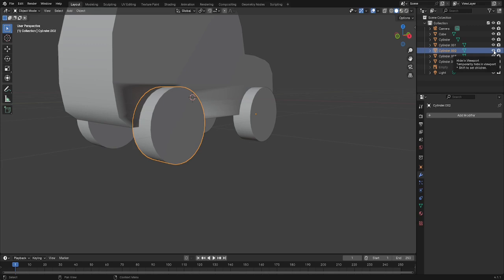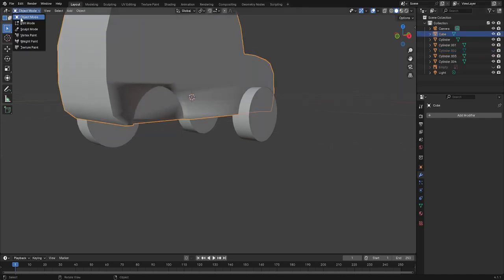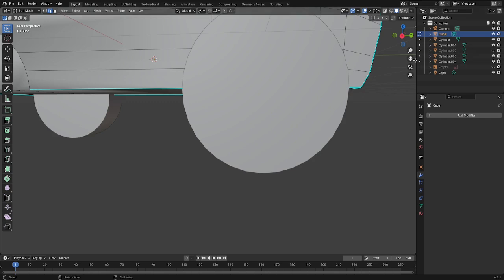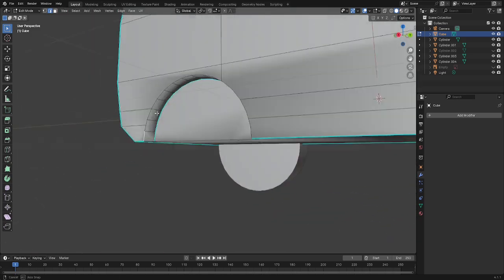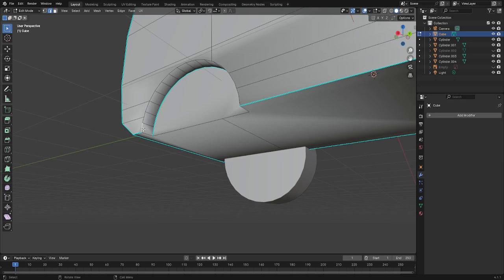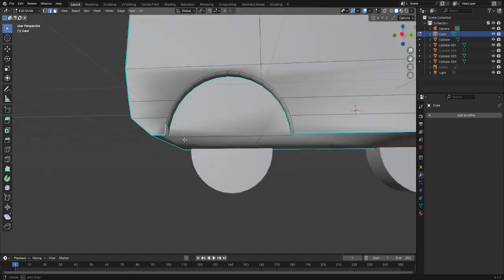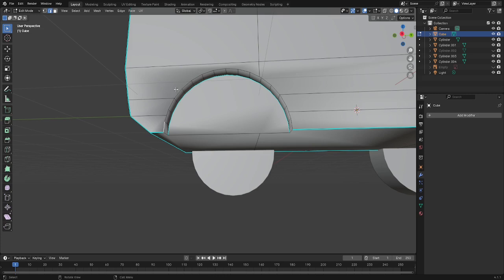I'll just hide the object by clicking this little eye up here, right next to the little camera. And then I would go back into edit mode and start selecting. Remember, if the selection is white, it's telling us that that's the beginning of what we're selecting. If I want to actually select all of this in one click, remember CTRL and place where